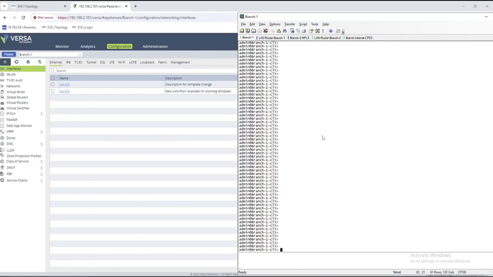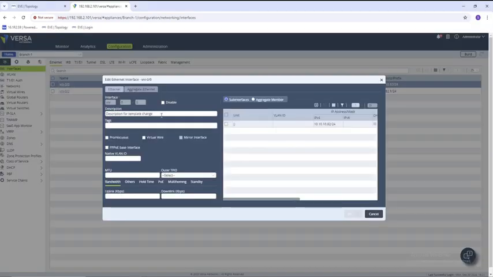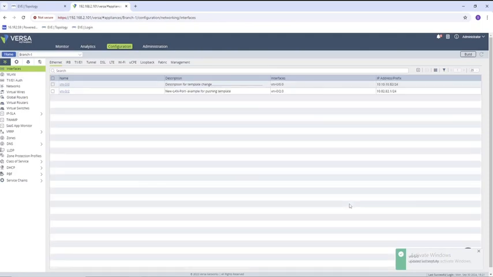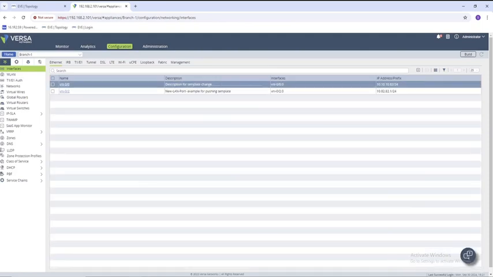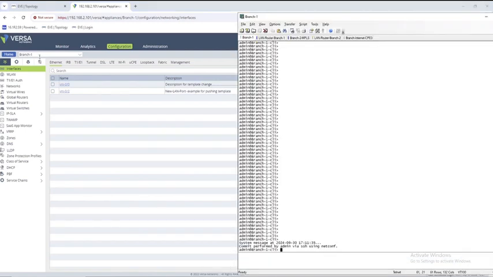So let's say in this case I go to my router on branch 1 and on VNI 0/0 I change the description on the interface. It could be any other change as well, but for simplicity let's change the description. Now after doing this change, if I come back to the CLI on branch 1 and run this command,